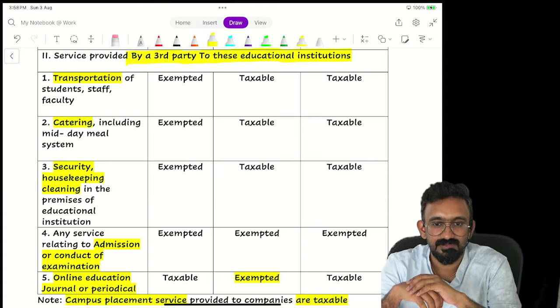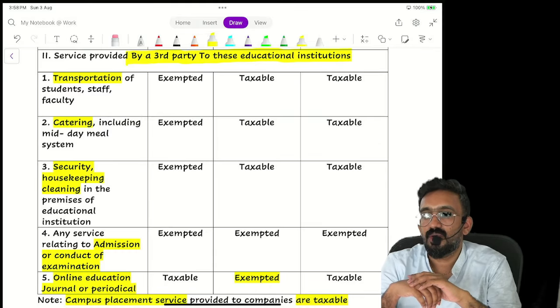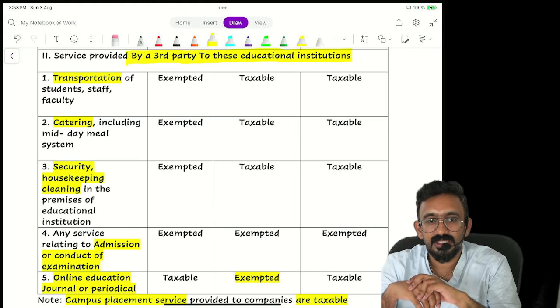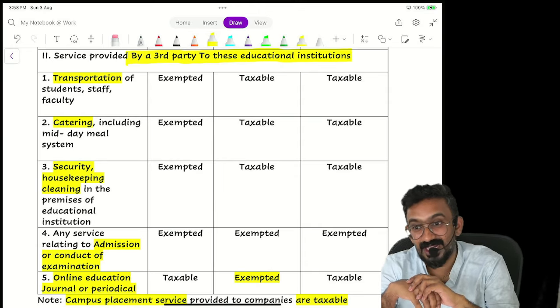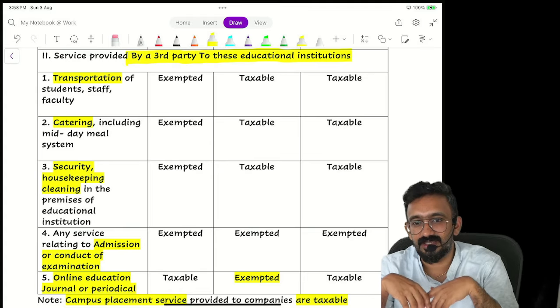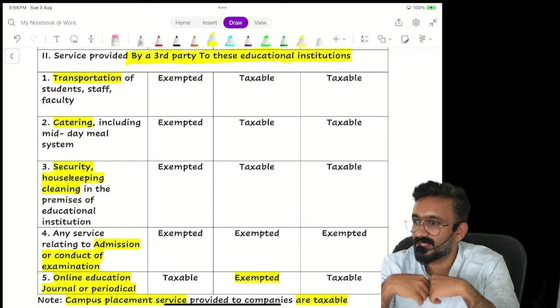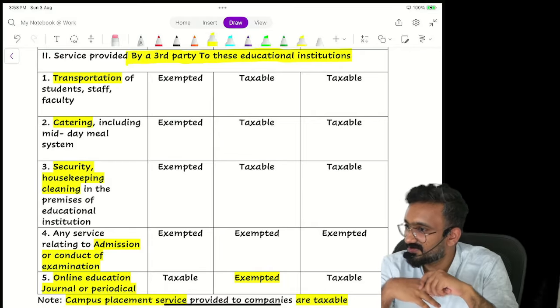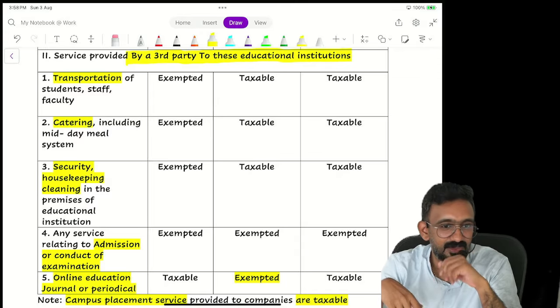I'm doing it for Loyola College. Taxable. Understanding? Say Don Bosco school did a 1 day program at Music Academy auditorium. Music Academy told me that all your kids have made a mess of this place. Get the cleaning done and then go. Sorry, the cleaning agency gave the bill to Don Bosco school for cleaning Music Academy premises. Who's the supplier? Third party. Who's the recipient? Don Bosco school. Would it be taxable or exempt? Taxable. Why? Cleaning has to be in the premises, not outside. Understanding the difference? Okay, all of these are important words to analyze.